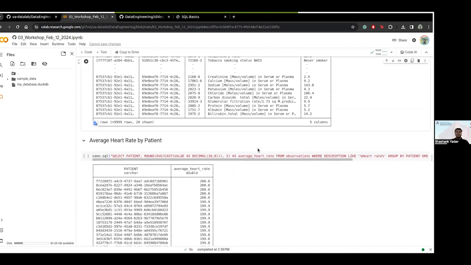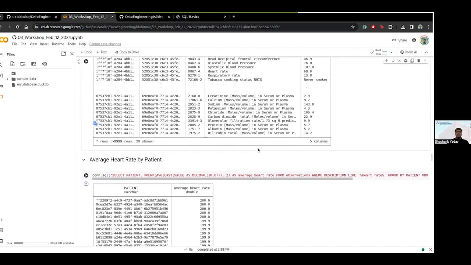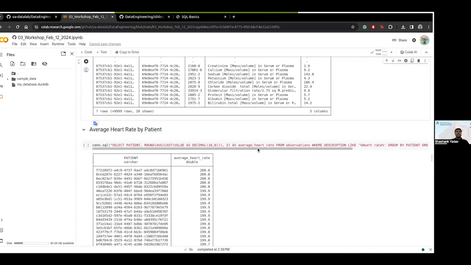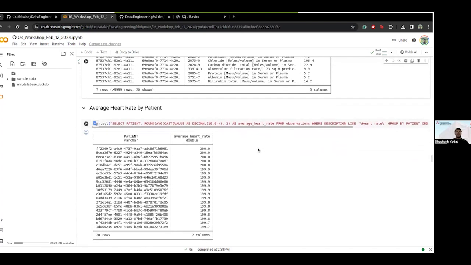This is useful. Say you now want to query maybe high risk patients based on this database. For example, you want to see the average heart rate by patient. For some patients, you get multiple heart rate values because they are in a constant monitoring setting where people are getting information from them. For all those values available for that one patient, say you want to see the average heart rate. So what you do is,